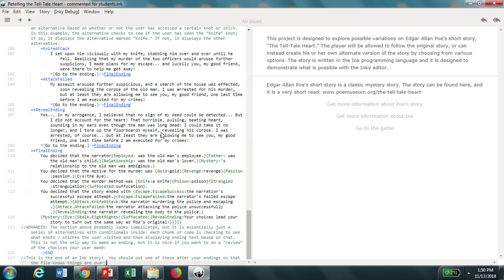I'm going to jump down to the ending of my story, which you'll see starting up around line 109. This is where it's a knot called final ending. And what I've essentially done at the very end of my story is created a section where it reviews the user's choices. So it actually checks almost all of the previous knots that the user has been through